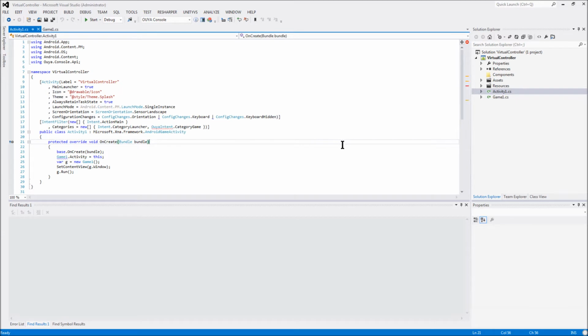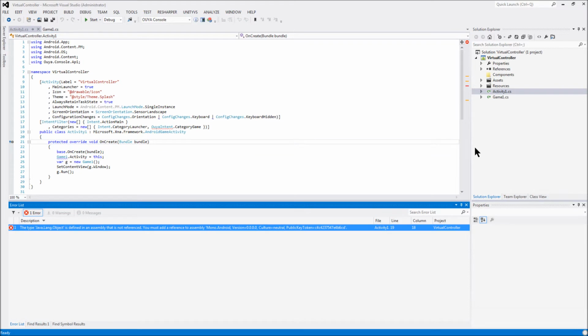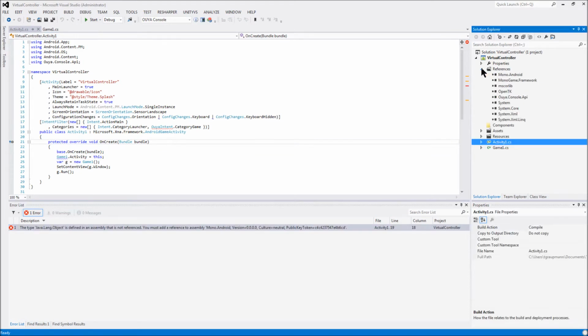So if I hit Control F5, okay, well first, the default is usually prompt for device, and then if your Ouya is connected directly from Visual Studio, we can just hit Control F5. It'll build, okay, and then our first failure. Okay, so this has to do with, in the references,